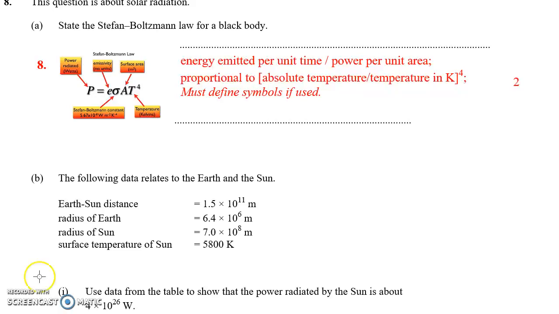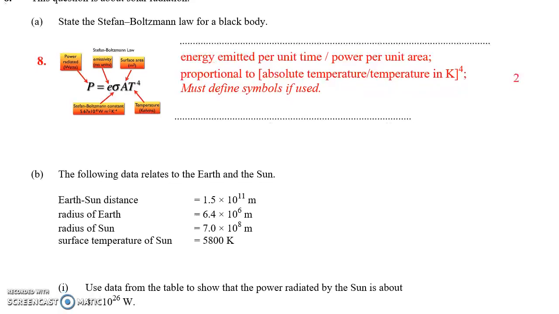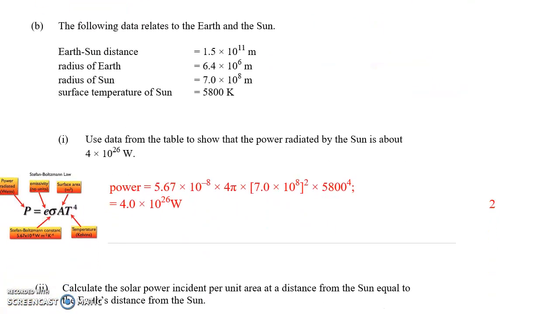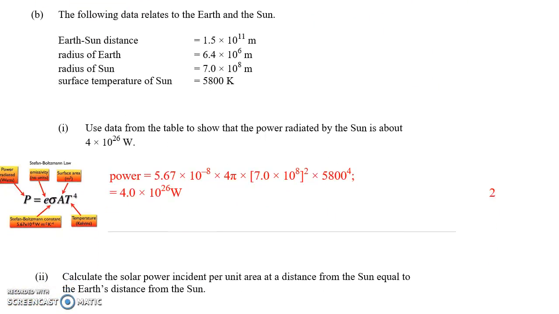You don't need to include that emissivity because the emissivity of a perfect black body is 1, so we don't really include that for this topic. But most people wrote down something about black bodies absorb and emit radiation perfectly, something like that. But that's not the Stefan-Boltzmann law for a black body. If you did need a hint, part B and the rest of the question really was all about using the